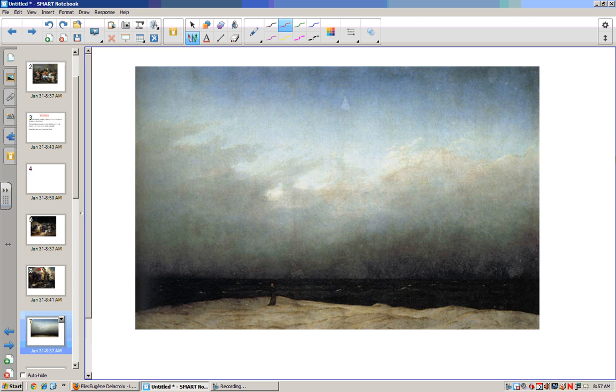Now, one of the reasons that this is such a remarkable painting for Romanticism is look at the immensity of nature compared to the smallness of man. But it is the monk who is contemplative. And at this time period as well, Romanticism is going to find an ally in religion and in organized religion. And Friedrich is a German, and we are talking about pietism and the revival of the Catholic Church in places